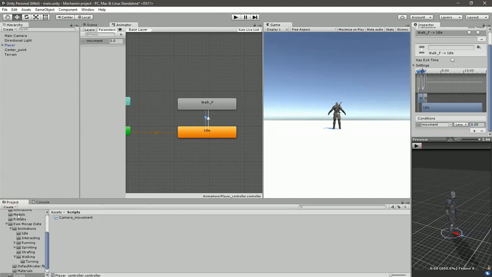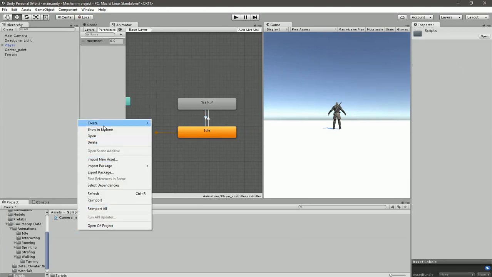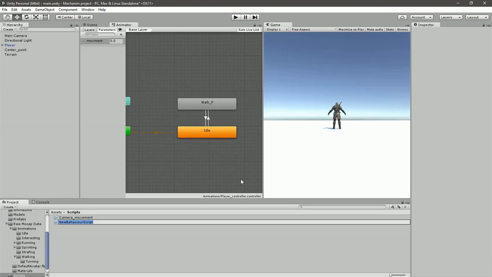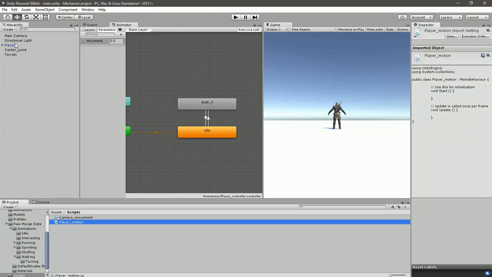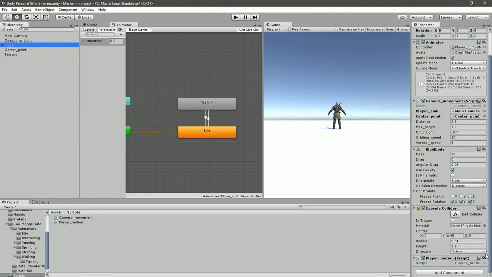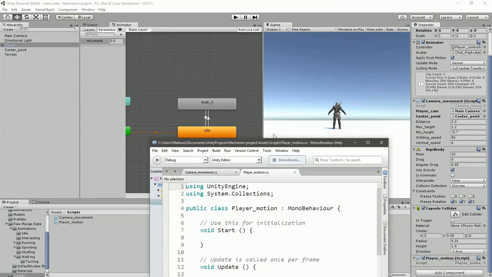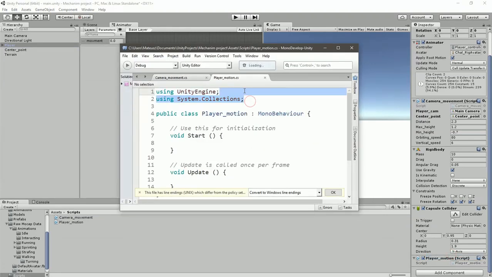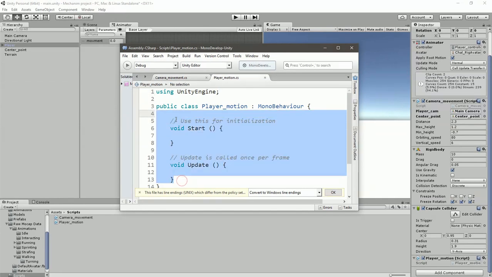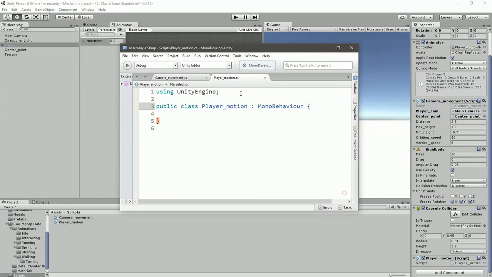Anyway, these are just something that I tried. Anyway, let's create a script called player motion. Drag and drop it on the player, and edit it. First thing that we're gonna do is, of course, delete unused namespace, delete that, and we need